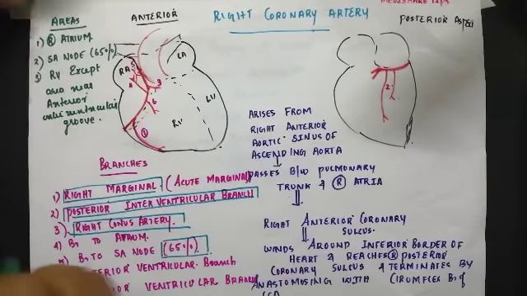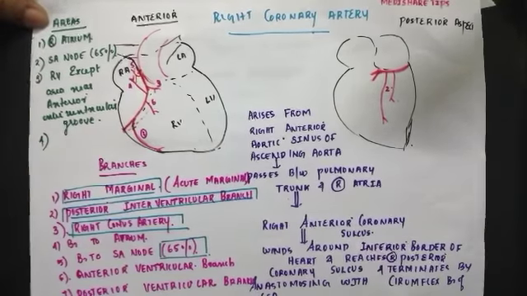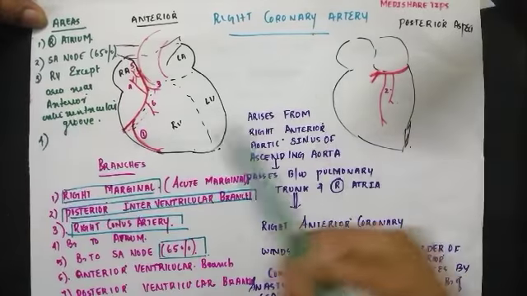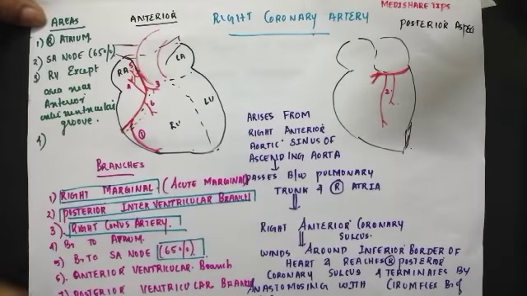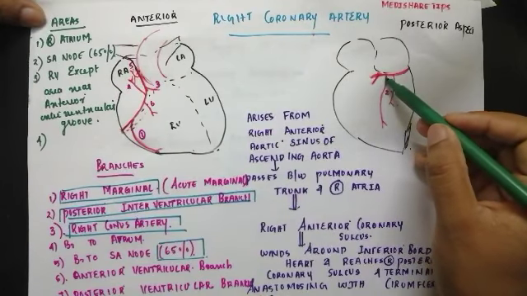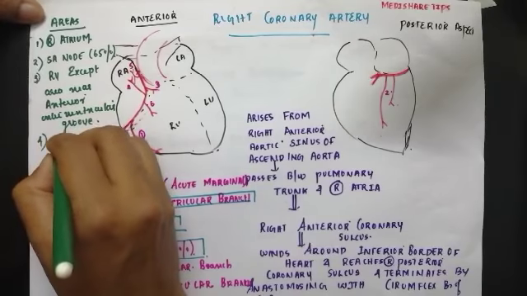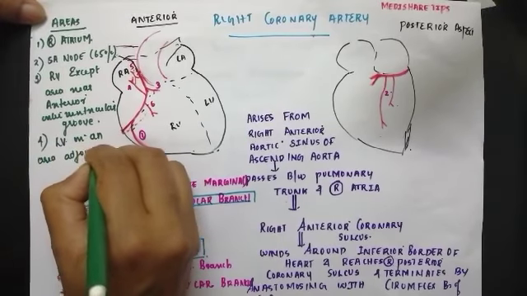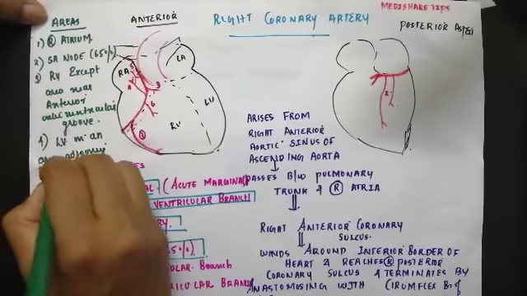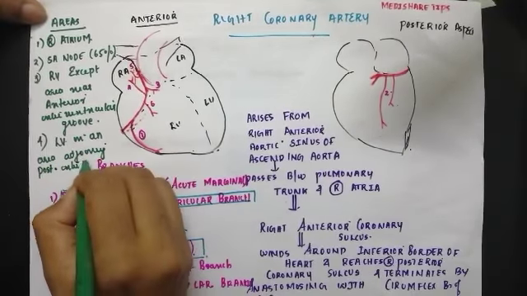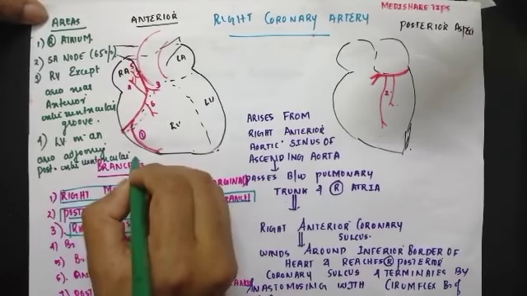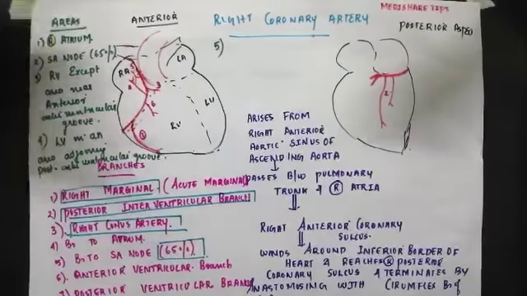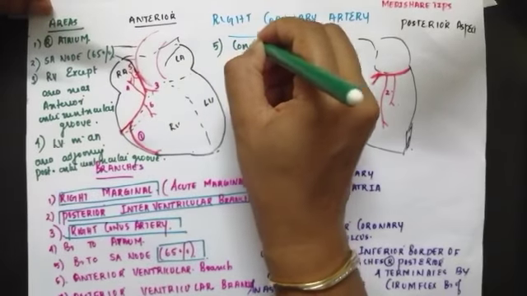Now the other area, the fourth one, is that it also supplies the left ventricle in an area adjoining the posterior interventricular groove. And the fifth one is that it is supplying the conducting system of the heart